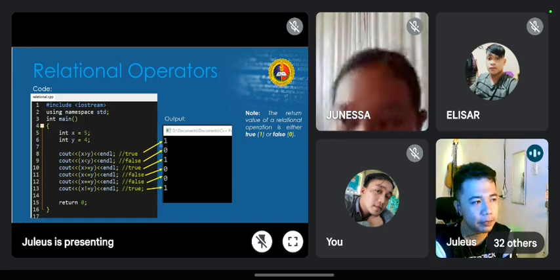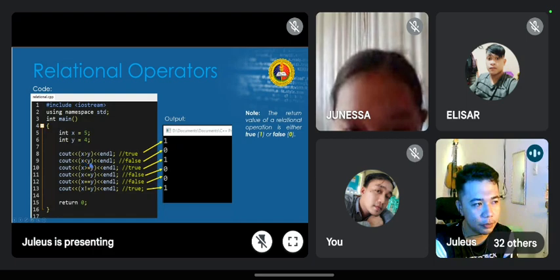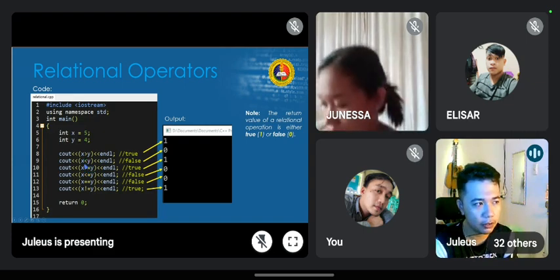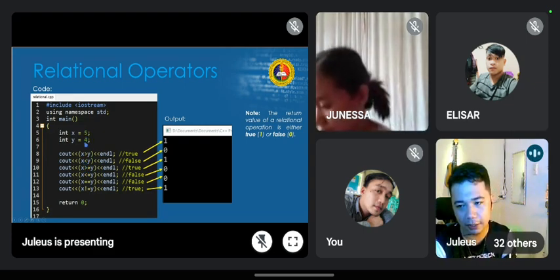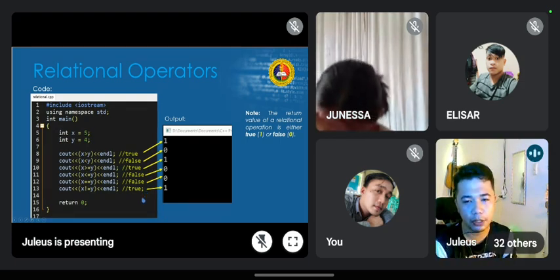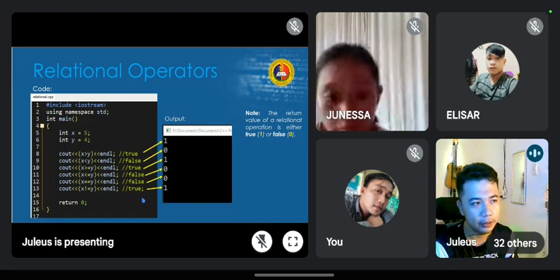That is Boolean. And then is x less than y? Obviously, that's false. Therefore, it returns 0. And then is x greater than or equals to y? Yes, it's true because 5 is greater than 4. Therefore, it returned 1, and so on and so forth. All right, so these are called Boolean. I'm not going to run it, but you might as well try to do it on your own later on.